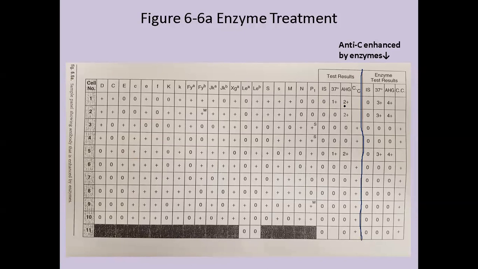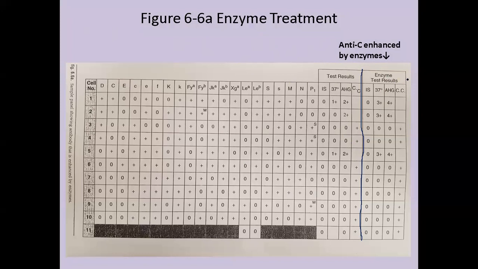We have the initial results that we used, and I think they're missing a 1+ here, that we used for our initial elimination to show that we had anti-C. And there would not be any reason to do an enzyme panel on this patient because it's very clear it's anti-C. But this is a textbook panel, and what they did was they showed, let's pretend they repeated the panel